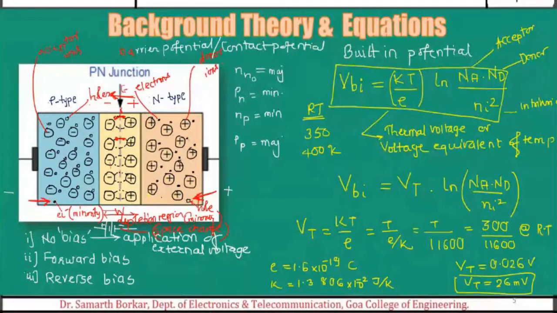Fine. So now we have two current components here: drift current on account of minority charge carriers and this electric field E, and diffusion current on account of the concentration gradient. Now this concentration gradient will persist till we reach thermal equilibrium. Okay. Now, as I said, these minority carriers are constantly generated due to thermal energy. Fine. So I think this is sufficient background theory to proceed with our problems.